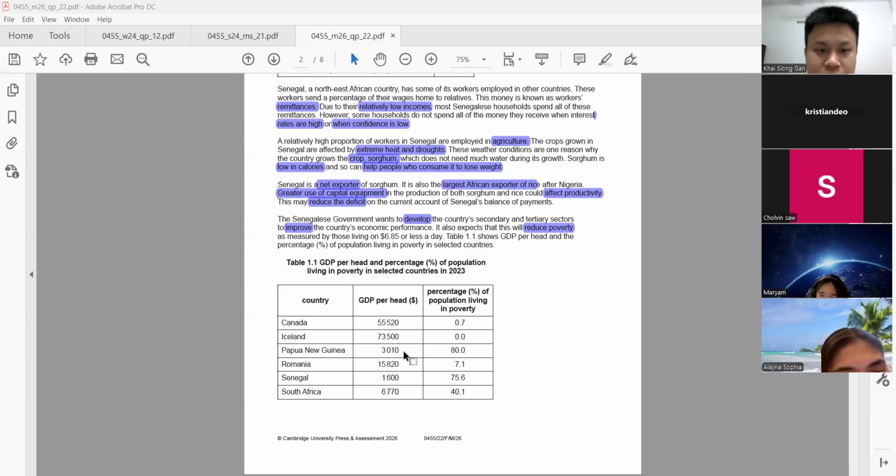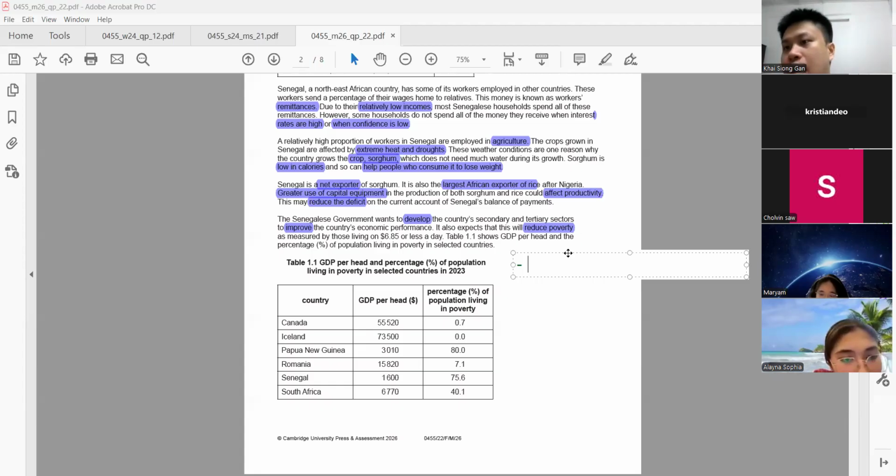All right, now next question, quick one. Can we do this very, very quickly? What is the relationship between these two variables? You only have 5 minutes to do this. Can we write in point form? Because now we want to save time, so we write in point form. And again, what is the tip for this one? Do not copy data. Strictly no copying of data. Really no copying of data.